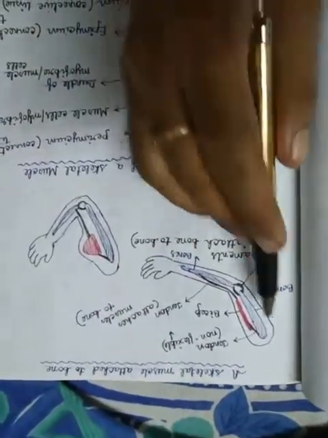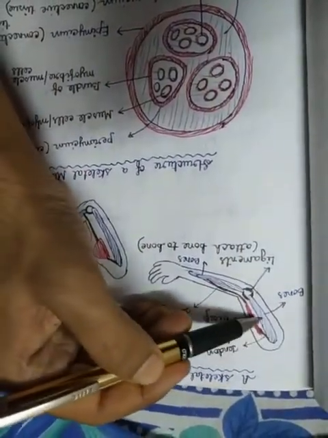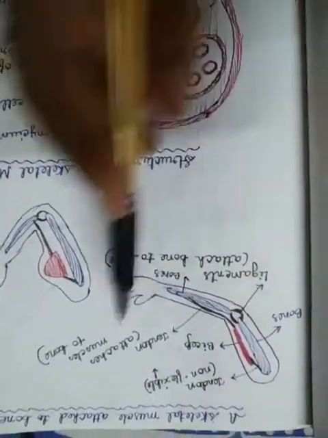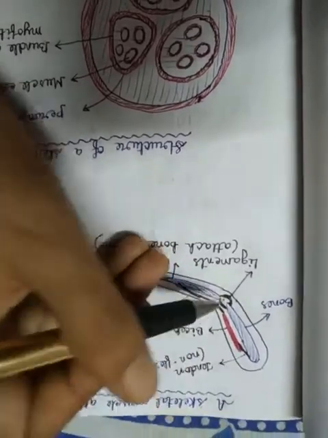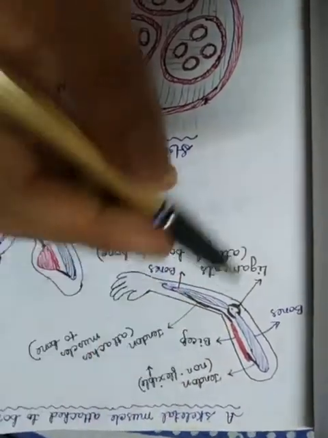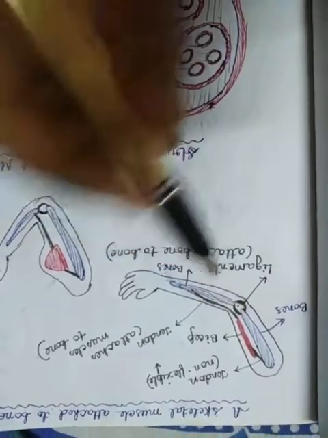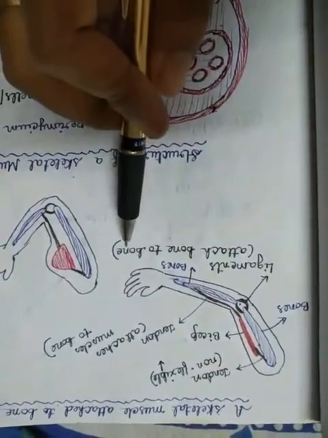See, here I have drawn our arm. This is the bone which is called humerus, and the lower bones are called radius and ulna. Between these two bones a joint is present, and these two bones are connected with each other through ligament. See, this black portion is ligament. So ligaments are what attach bone to bone.